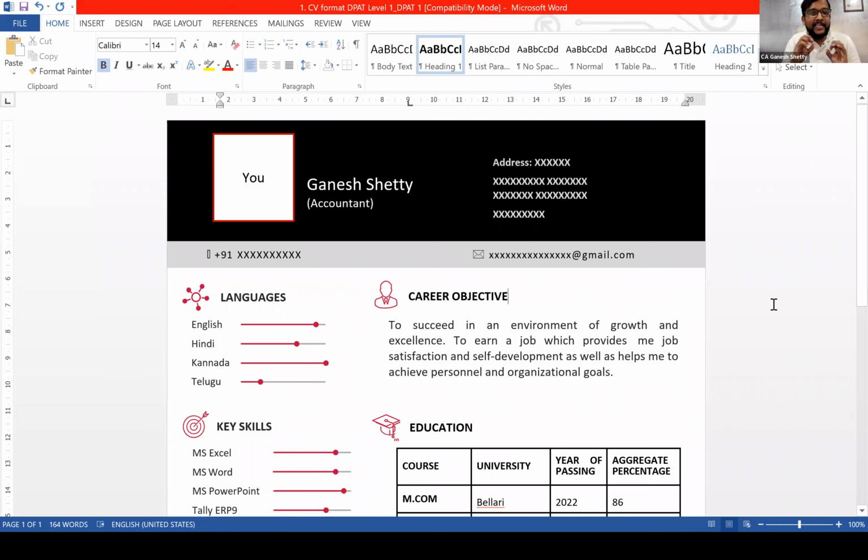See, this will clearly give him what you are passionate about, what your interest is, and this CV can be applicable only when you are applying to an accountant job, not anything else. Clear, guys? You have to send the CV only to the job where you are applying for the accountant job or above, in the same line of activity. It cannot be like an HR job. If you apply like this, you'll be straight away rejected because you are not an HR. They're looking for an HR candidate. Clear? Are you making the important points?